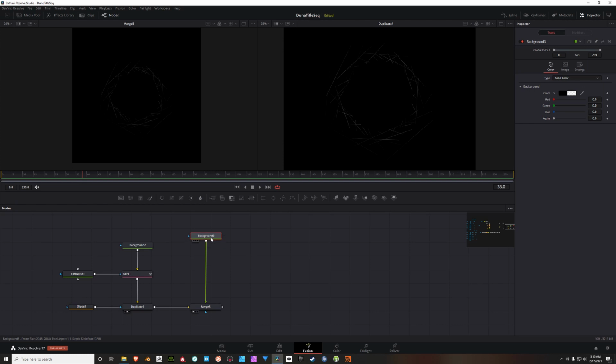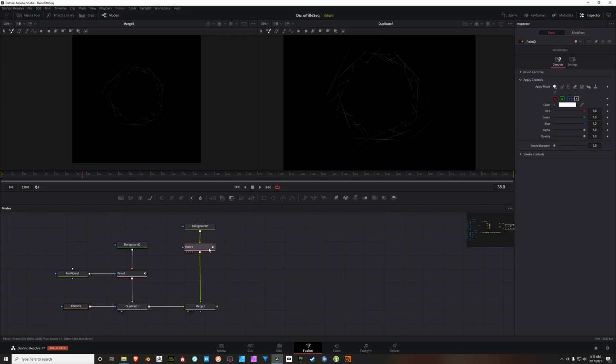Okay, and the reason why is because we're going to need to be able to see this underlying layer here. So now that we have this background node though, we're going to again create another paint layer. All right, and this time